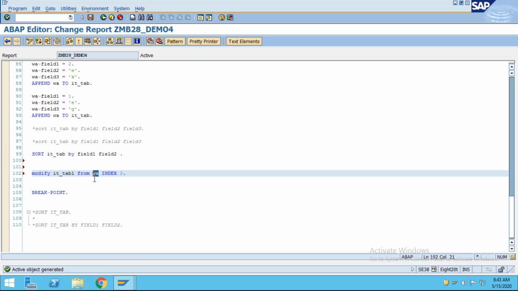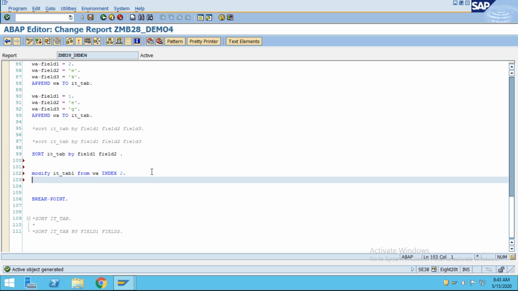We prepare one work area, and whatever index you mention, that particular row will be completely replaced, that is, completely modified by this work area. One other variant we have, that I forgot to discuss, is